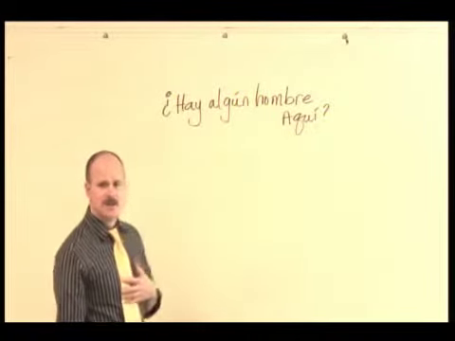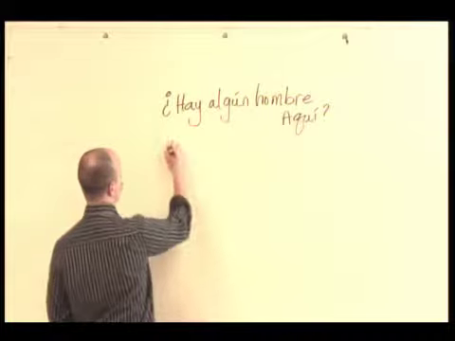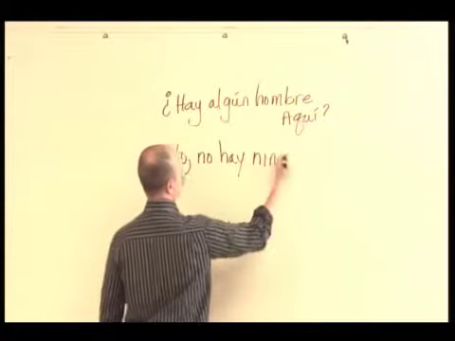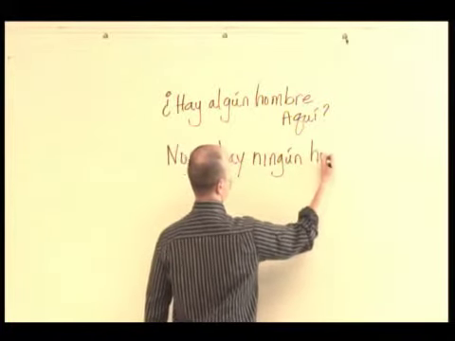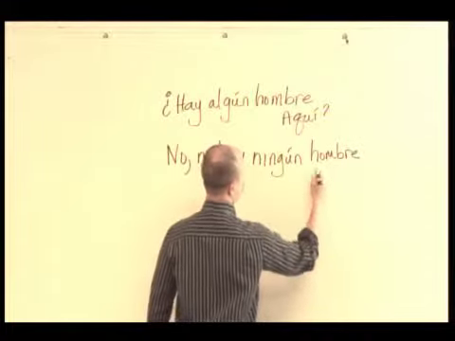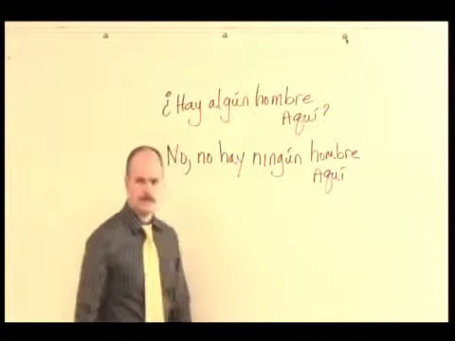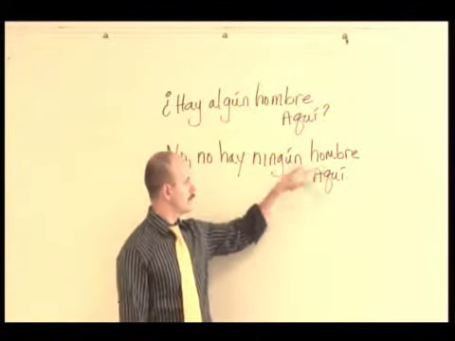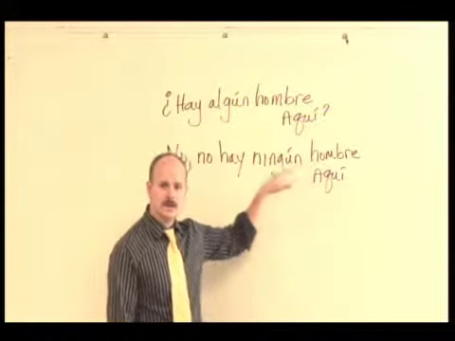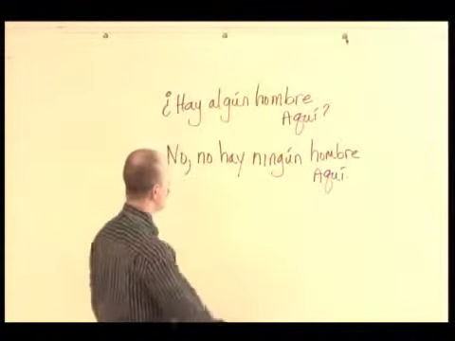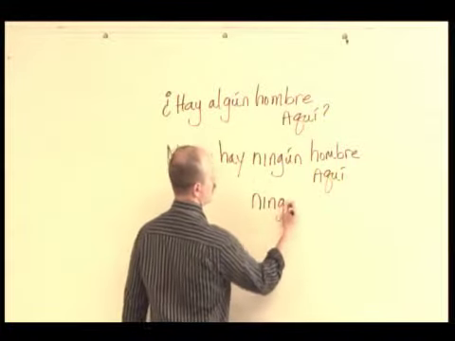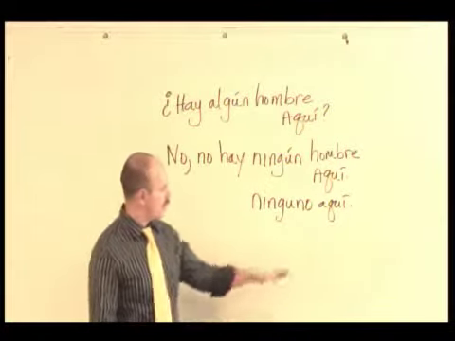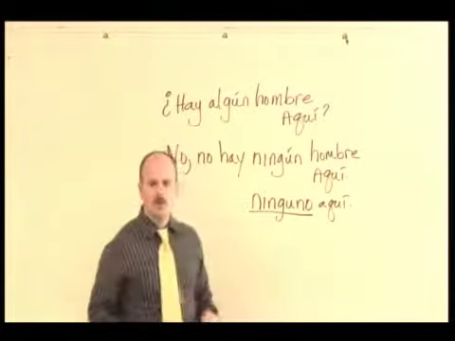And if I wanted to answer that and say, no, there isn't any man here, I'd say, no hay ningún hombre aquí. To look at what I was talking about before, notice ningún is before hombre. Hombre is masculine and singular, and so ningún drops the O. If I wanted, I can use this form of it. No hay ninguno aquí. And because I'm not mentioning the noun here, I can just use ninguno.